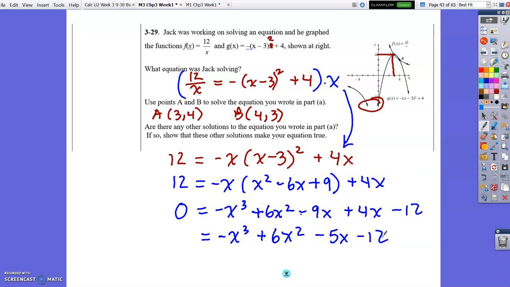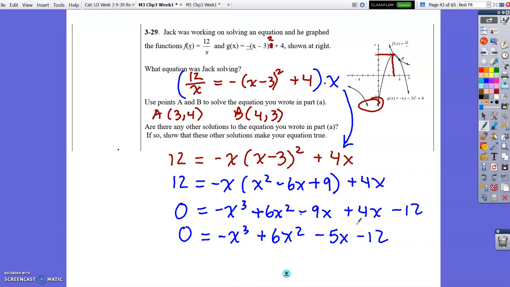I feel like I'm running around in a little circle here. This is not going to be the most helpful thing in the world. My x values are 3 and 4 though. So I know, what do you guys know? Let me pause and think about this for just a minute. I think I've taken you on kind of an algebra roller coaster. We don't really know how to solve this yet. I do. You don't. And I'm not sure if this is the place where I'm supposed to show you how